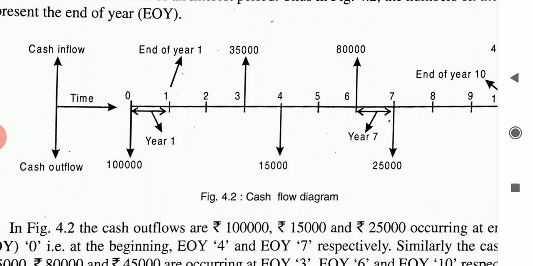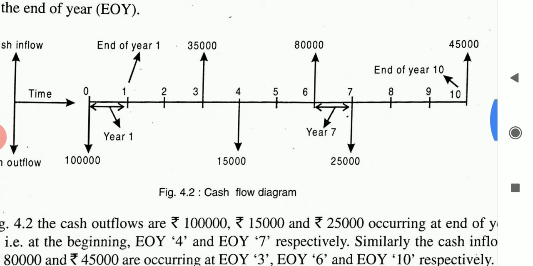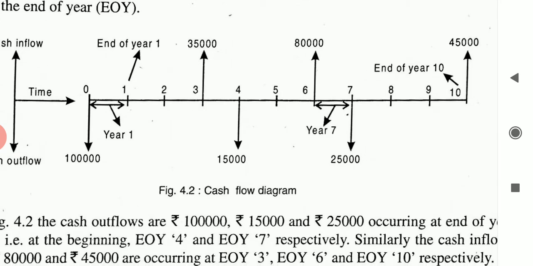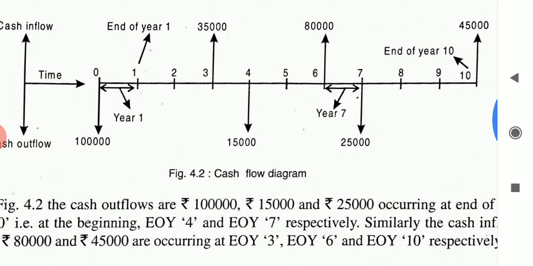The interest period may be a quarter, a month or a year. Since the cash flows generally occur at different times, at different intervals within the interest period, for ease of calculation all the flows are assumed to occur at the end of the interest year. So in these cases 0 to 10 numbers are called years or else months. If the question mentions year, that is 0, 1, 2, 3 years, and if it mentions month, it is months.